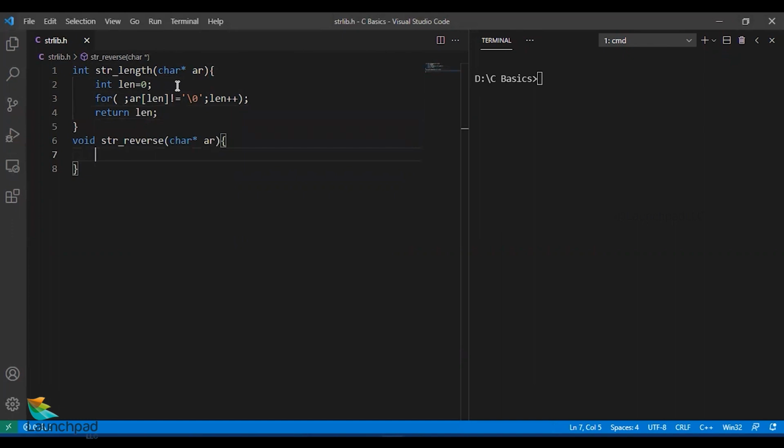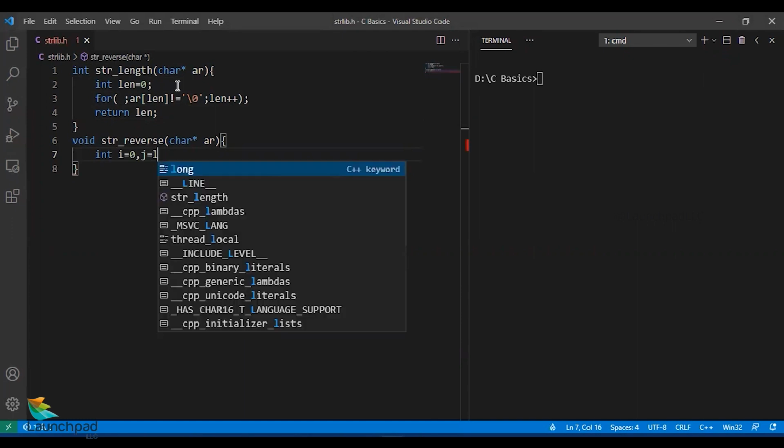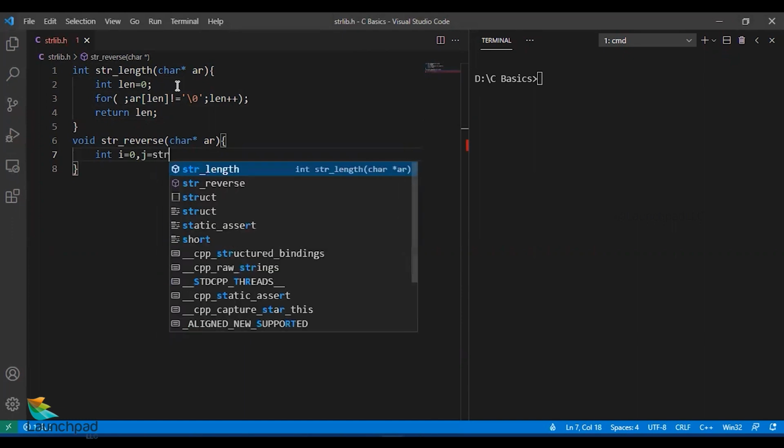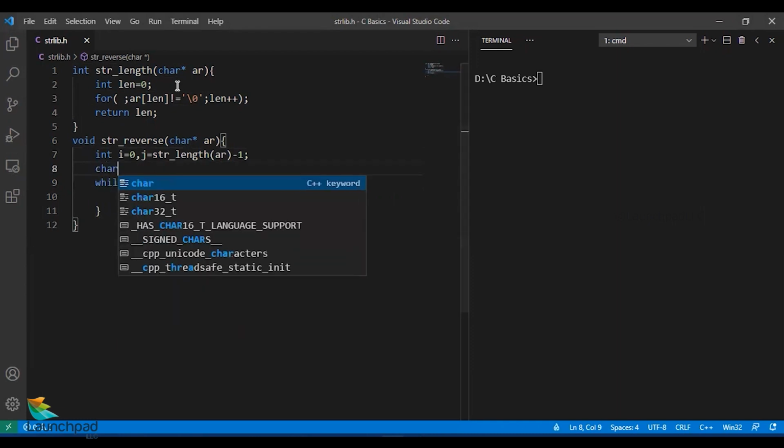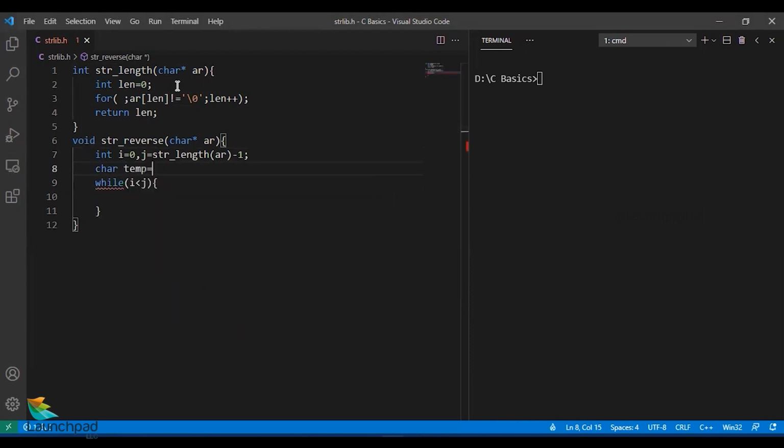Now in order to reverse it, I'm going to declare two variables, i equal to 0 and j, which takes the value of str_len of ar minus 1, that is length minus 1. And while i is lesser than j, I have to swap values. For that I would use a temporary variable: char temp is equal to ar of i.